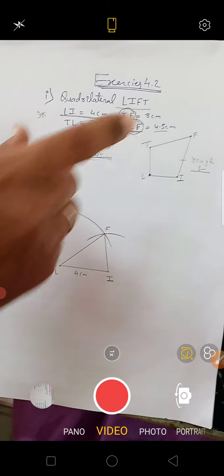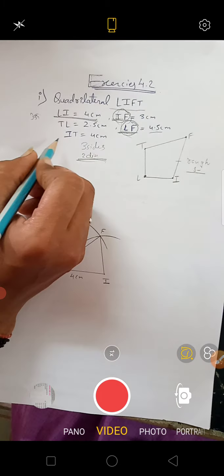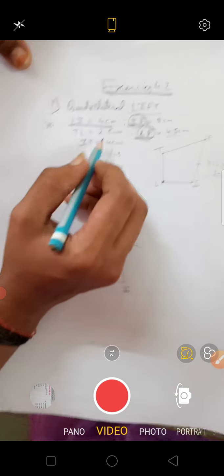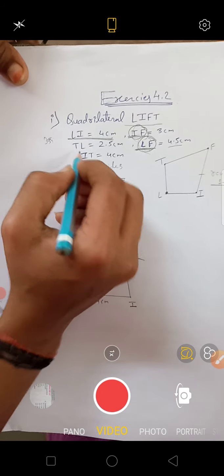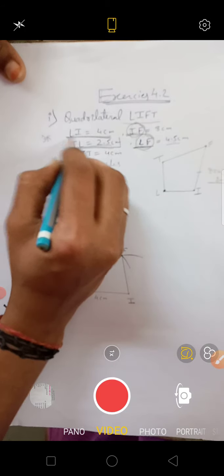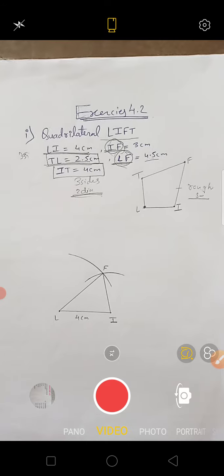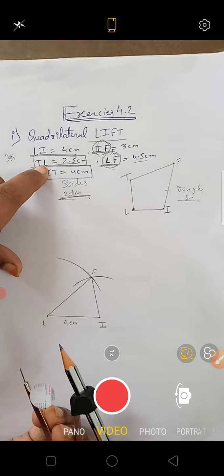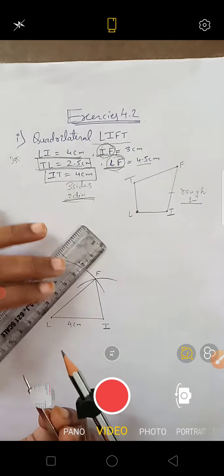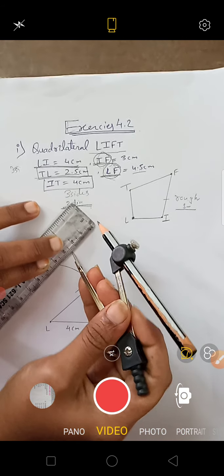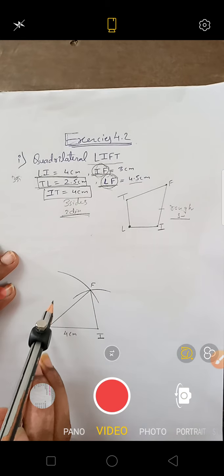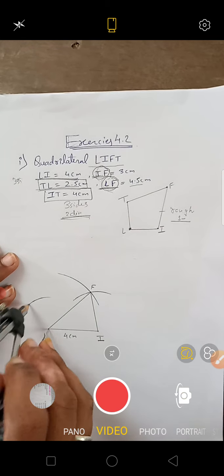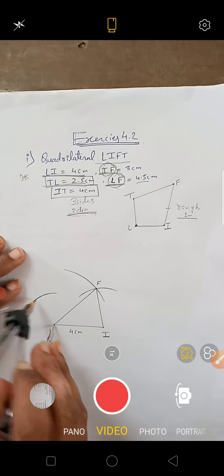For constructing the next point T, which two values do we use again? Here we use one diagonal and one side value. So here TL is the side and IT is the diagonal. We draw taking L as center and 2.5 centimeter of radius. So 2.5 is like this way. We take 2.5 centimeter distance, take L as center, and draw the arc on the left side above the line